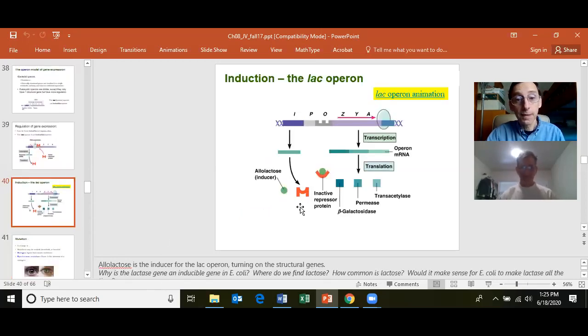Let's explain how it is induced so that the expression of the lac operon occurs, and then we get the lactase gene made, as well as the transport protein to bring the sugar lactose across the cell membrane, and then the gene to help make beta-galactose